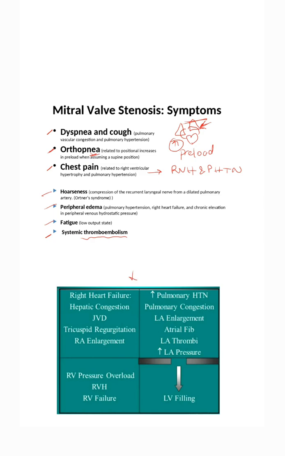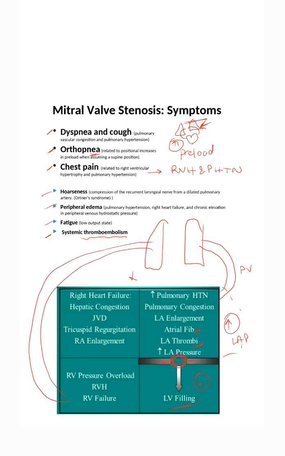Here is a great picture which shows how the symptoms occur and the various complications which may also occur. Due to the stenosed mitral valve, there is decreased left ventricular filling. This leads to increased left atrial pressure, causing left atrial enlargement, and may precipitate formation of thrombi or atrial fibrillation. Development of back pressure can lead to pulmonary congestion and furthermore pulmonary hypertension, as the pulmonary vein drains into the left atrium. All this in turn leads to right ventricular pressure overload, followed by hypertrophy, and finally right ventricular failure